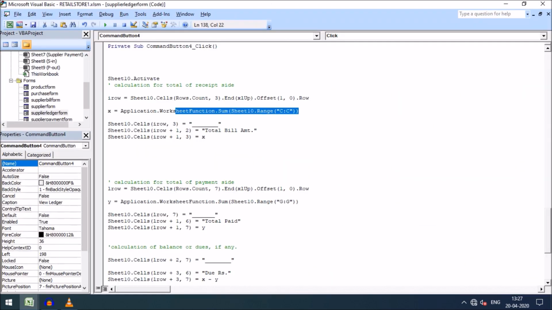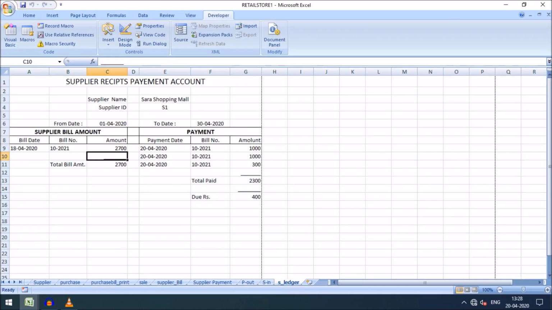So this is the receipt side, and then I added the I row, that means the blank row. In the third column here I want to give a dash sign so that it looks like the closing of this section, this dash you can see.